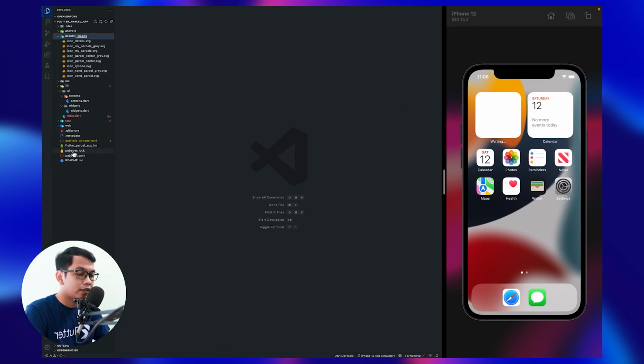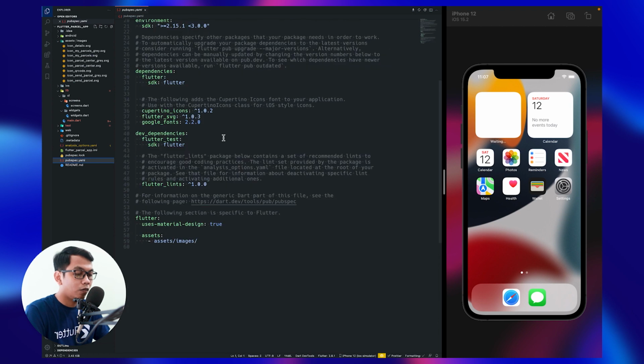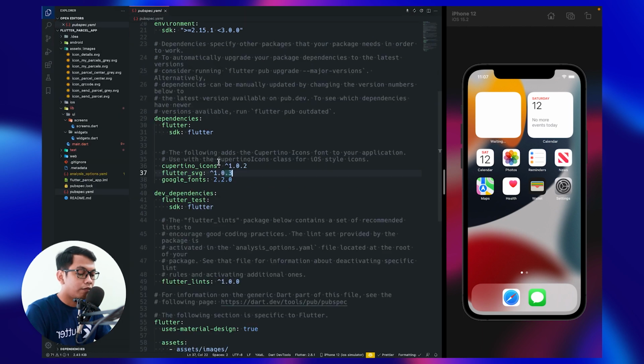And let's check pubspec.yaml. Inside our pubspec.yaml, I have prepared two packages for now. Maybe in the next video, we will add another package. The packages for now are Flutter SVG and Google Fonts.